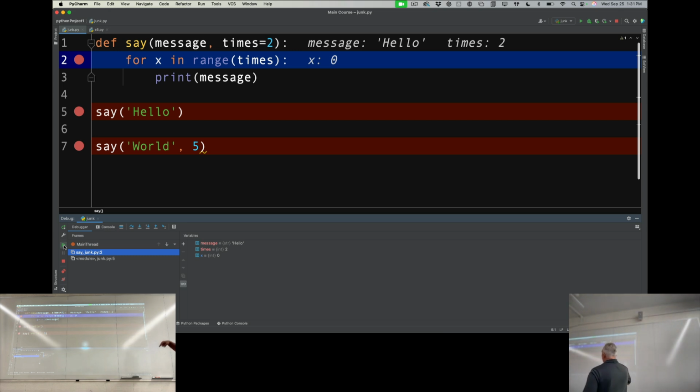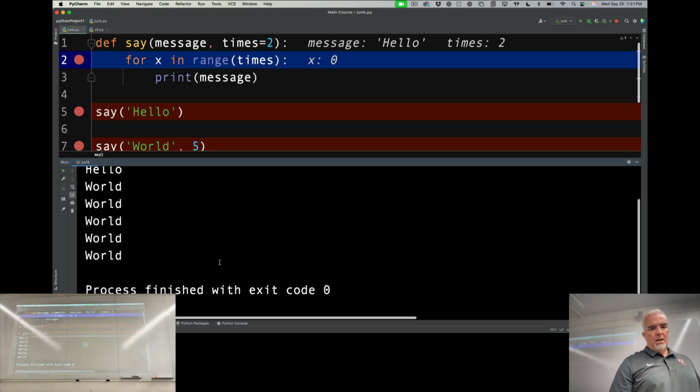And now it's back up to that line, and you can see x is equal to 0 here, because that's what x is equal to before the second time this runs. So lines 2 and 3 ran one time, and x is equal to 0 at this point. The next time, x will increment. And I can also see